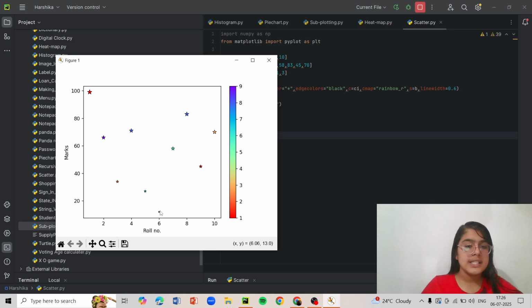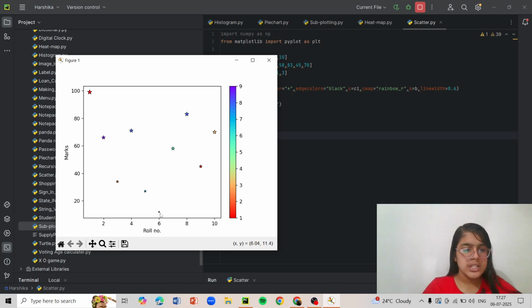So you can see how the stars are of different sizes and different color, going from 1 to 9. So the smallest one is of this purple color and the largest one is of red color. And it goes like this. So now you will ask that the colors are not very organized. But that is not the case.